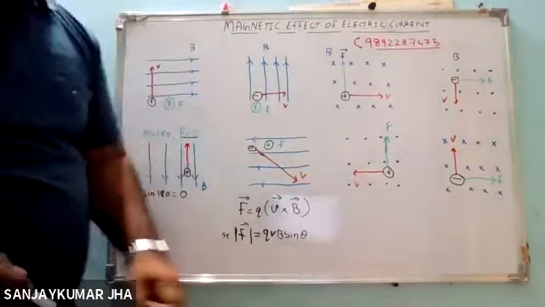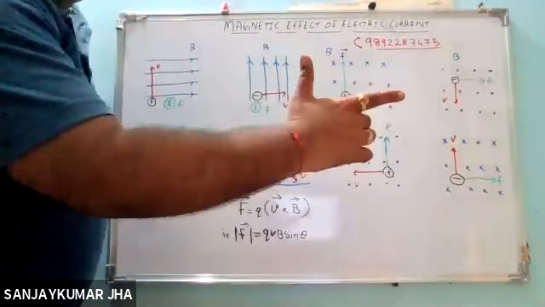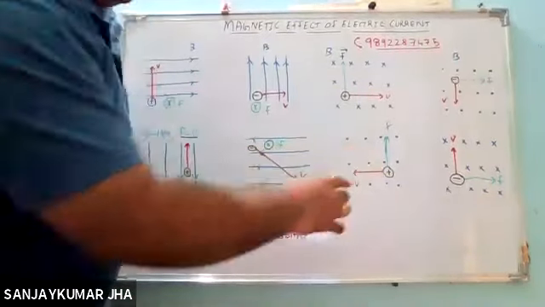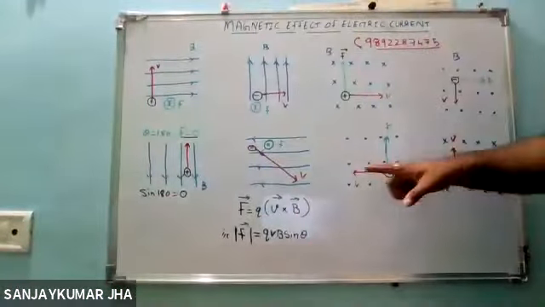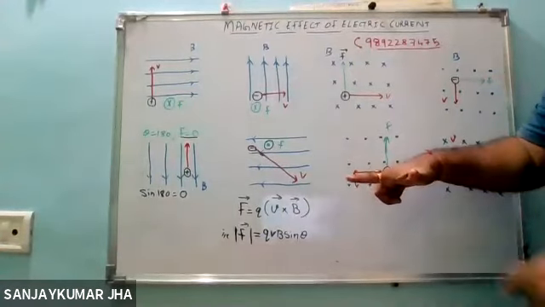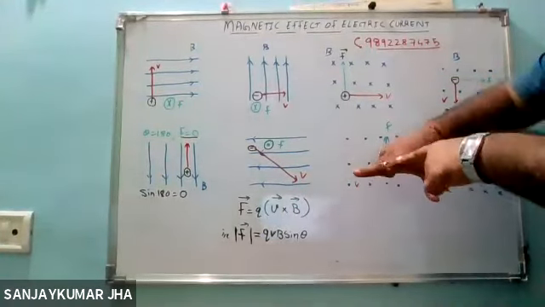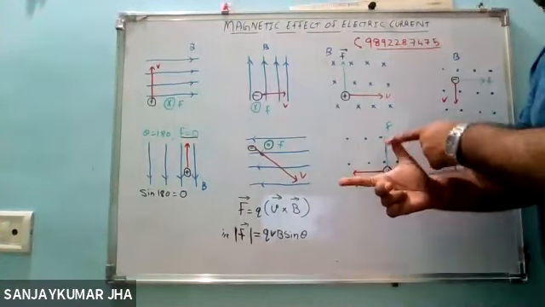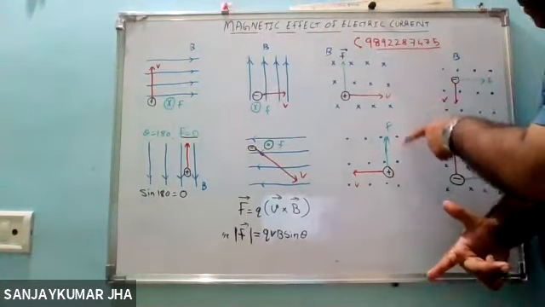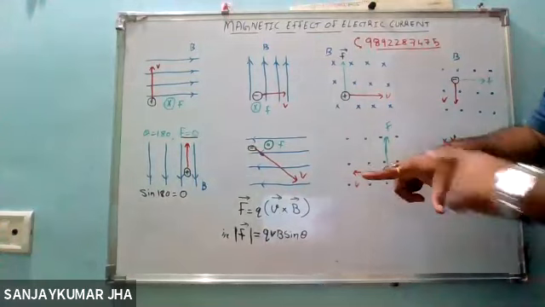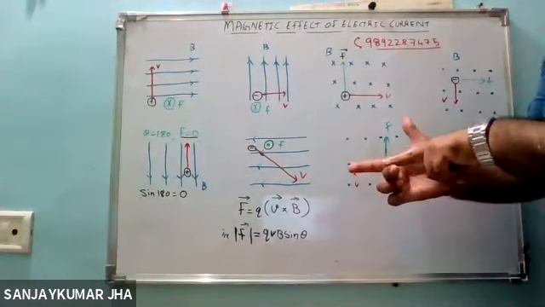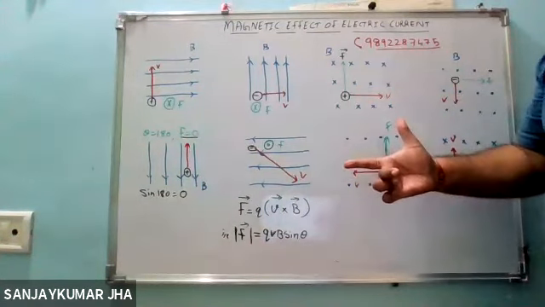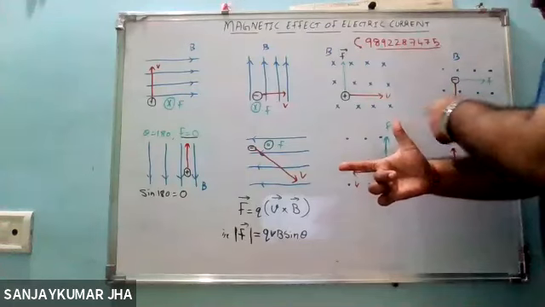Come to this case, positive charge. Of course, positive charge means right hand. Now right hand, positive charge. V is the velocity. I'll come to this side. So V is the velocity, right hand. Dot is basically in this way. Dot means perpendicular to the plane in the outward direction. Look at the thumb. The thumb will give you the direction of the force. F is the force. So this is the direction for the force acting.